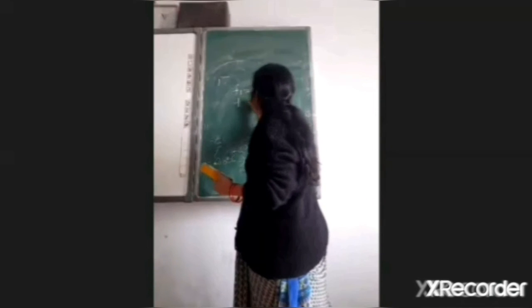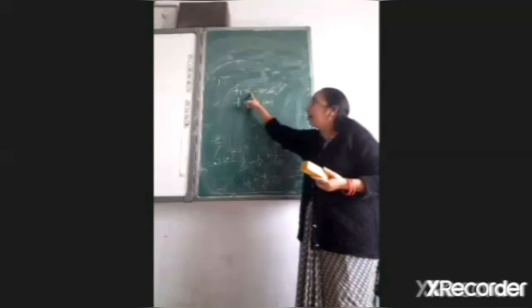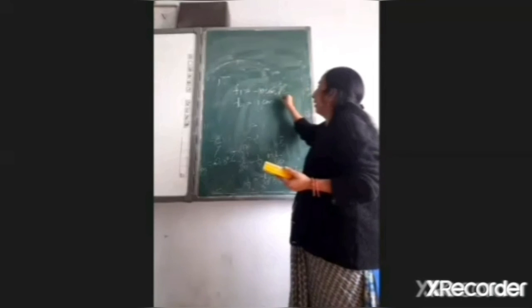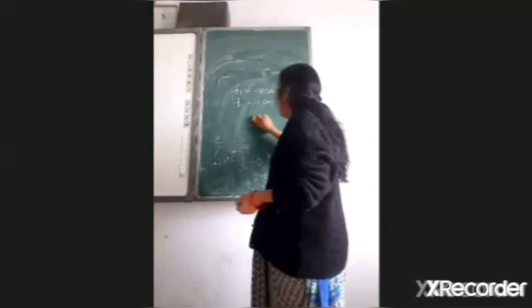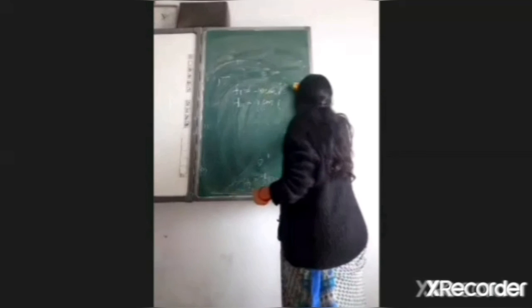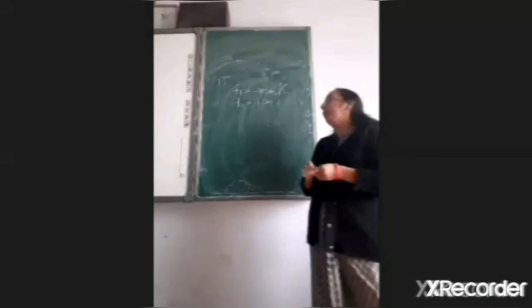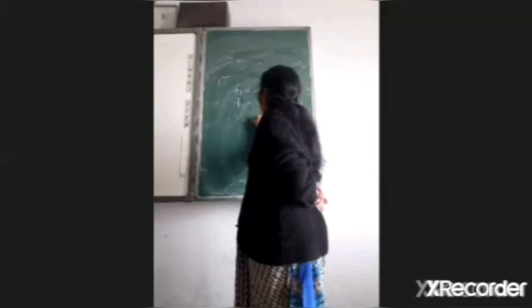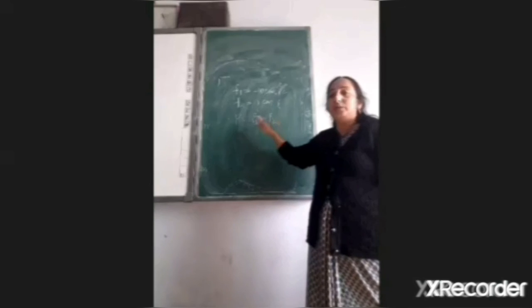F2 is equal to 1 centimeter. Positive we will take because it is a convex lens and it is a concave. You want to write, you can write here concave, and here it is convex. Then you have to find the power of the lens as well as focal length of the combination. I had just now explained you that P is equal to P1 plus P2. Okay. Since we have two lenses here, so we will take only two here, P1 plus P2.